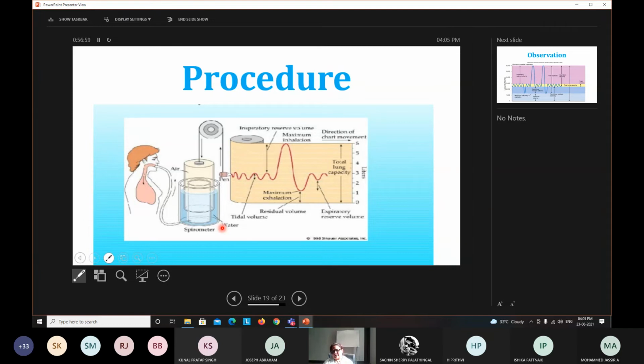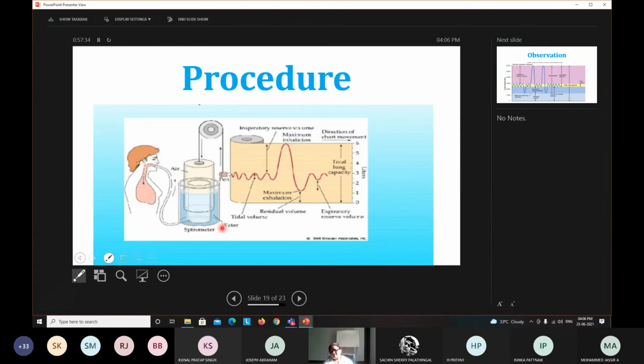This is its significance and how it is measured. It is measured using other methods, like the helium dilution method and the nitrogen washout method. There are two different methods, and using those methods, residual volume can be measured. Then the capacities, wherever the residual volume is required to calculate them, those capacities cannot be measured using this.